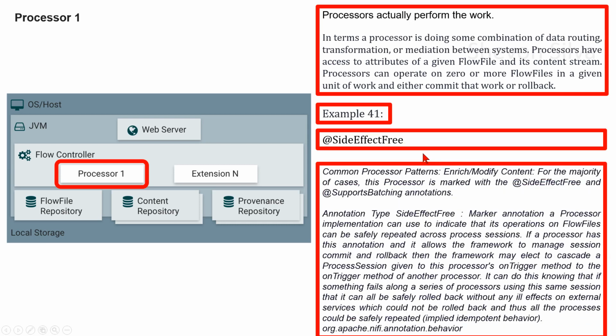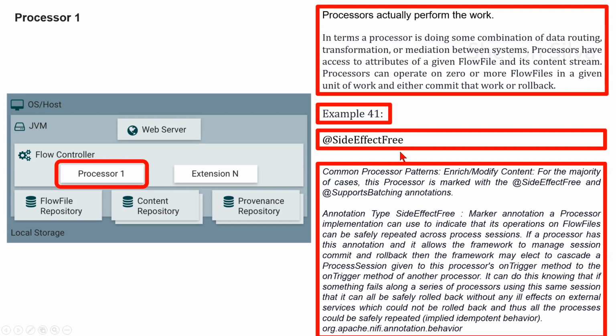Now we are considering enrich or modify content in common processor patterns. For the majority of cases, the processor is marked with the side effect free and supports batching annotations. The annotation type SideEffectFree marks an annotation that a processor implementation can use to indicate that its operation on the flow files can be safely repeated across process sessions. If a processor has this annotation and it allows the framework to manage session commit and rollback, then the framework may elect to cascade